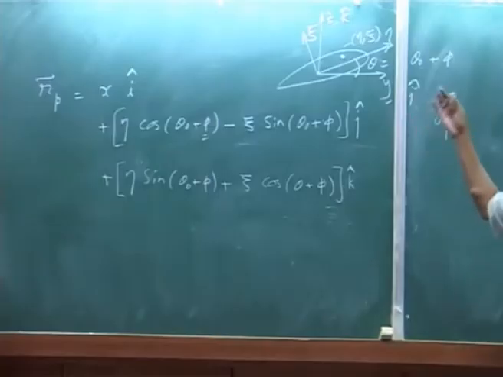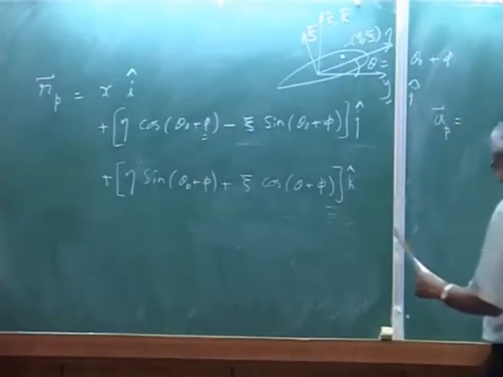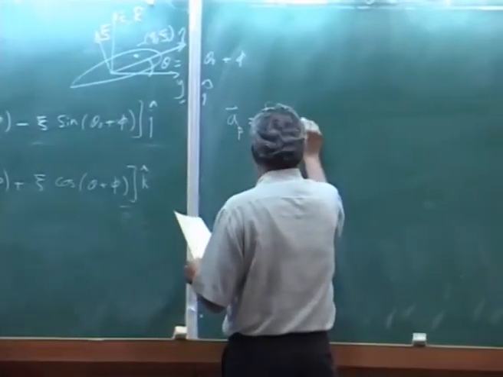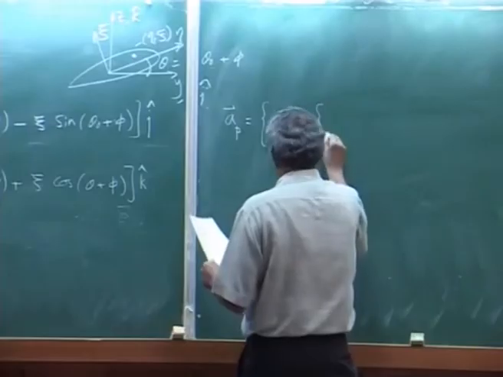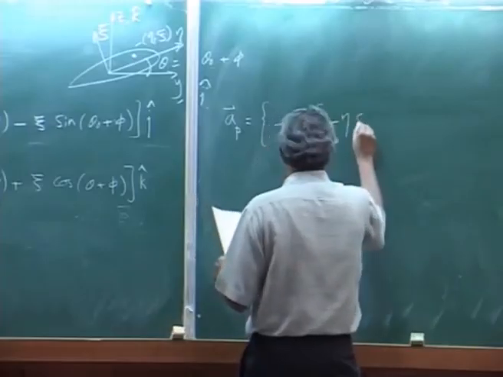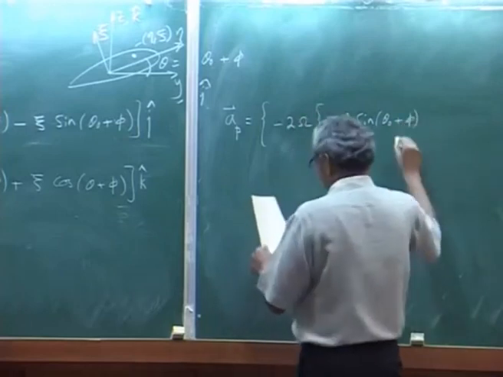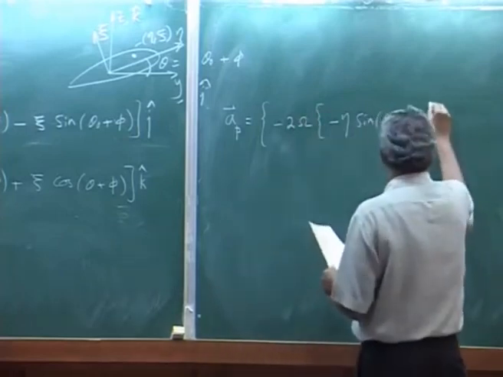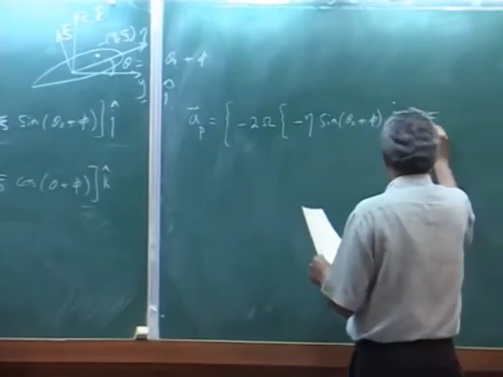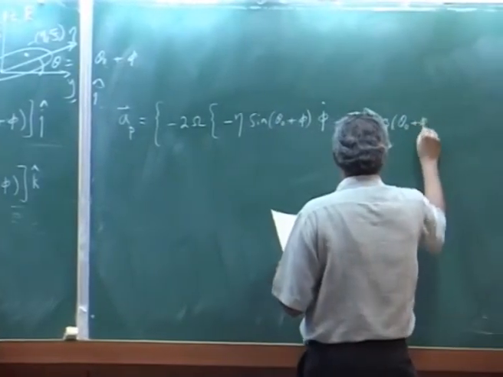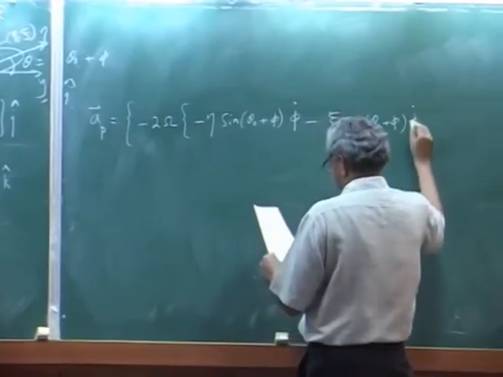So you differentiate, and the final expression for the acceleration will be like this: minus 2 omega, please note this, your dynamics should be good, cosine(theta naught plus phi) phi dot,